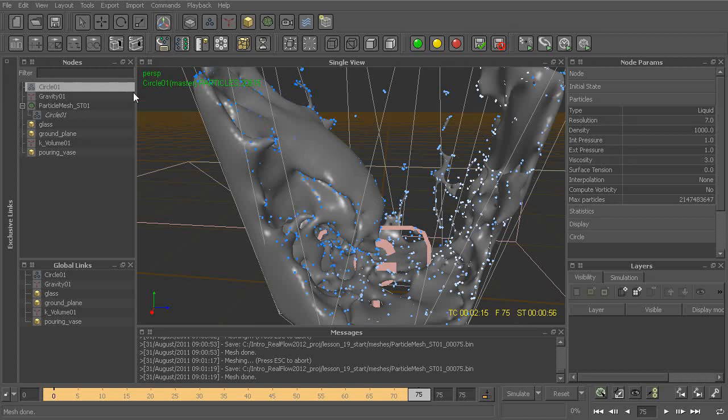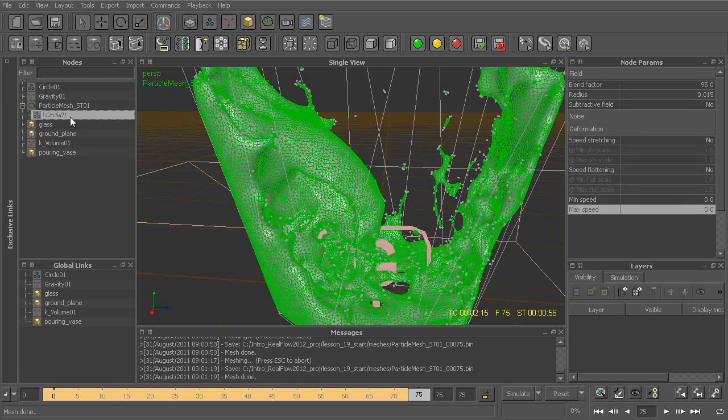So let's go in and click on that particle tooltip once again to disable that. Let's enable our speed stretching. For the minimum speed, we'll set this to 0, and for this maximum speed, we'll set this to something like 5. So that way, once the particles are moving at a speed of 5, they have the maximum